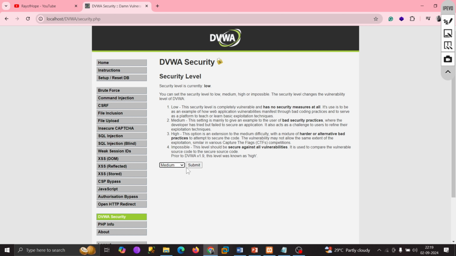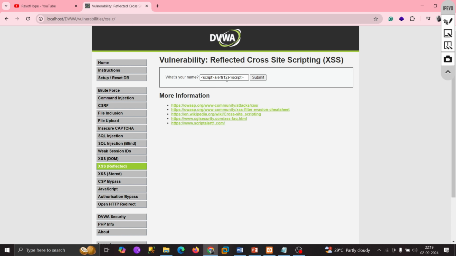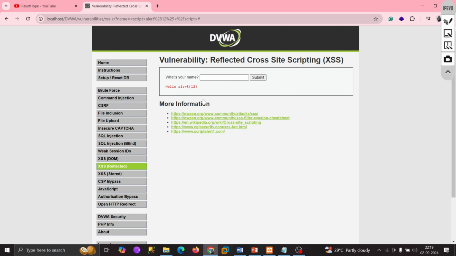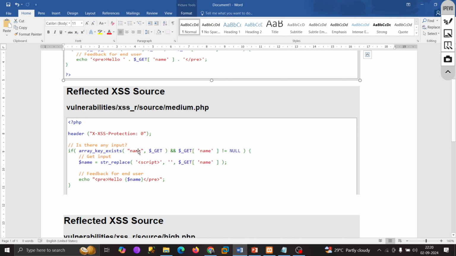What if I change it to the medium level? Okay, I'm going to paste the same script. No, it did not. It was not reflected. Does that mean we could not perform the reflected XSS over here? No. I mean, for the same website, if I go ahead and look at their source code for medium level,